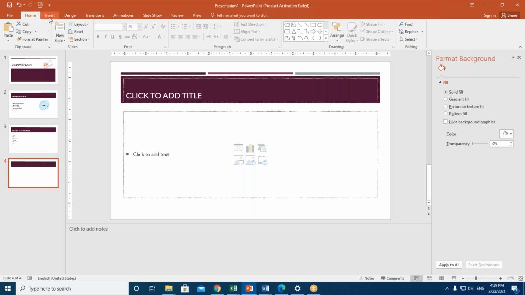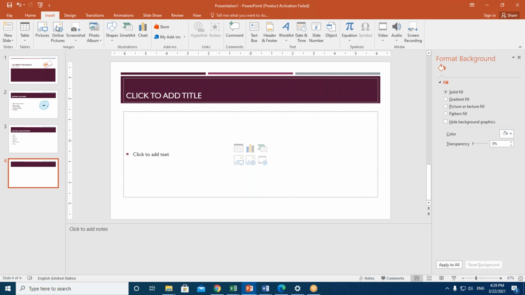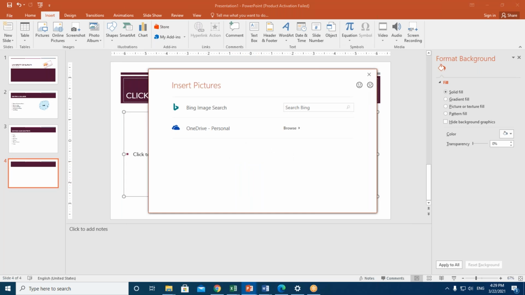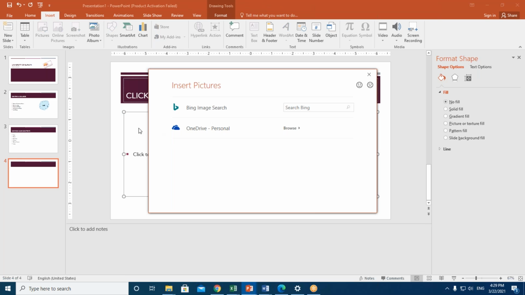Instead of going by these steps, insert, then coming to the images and selecting from online, from here directly I can click and I get the same things. Plus, if I wanted to insert it